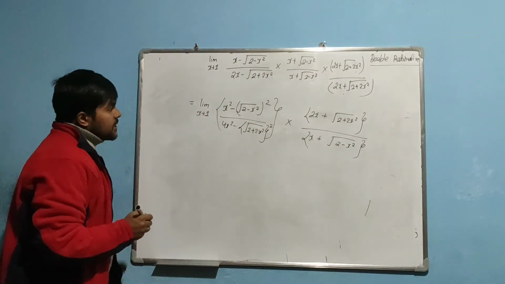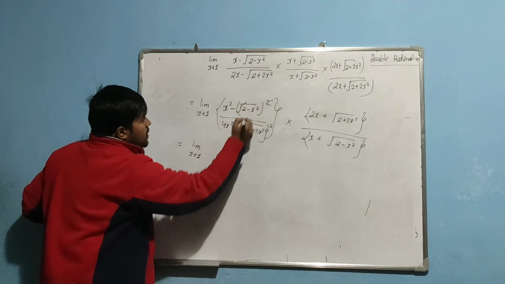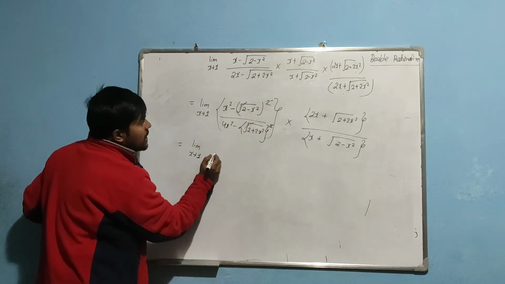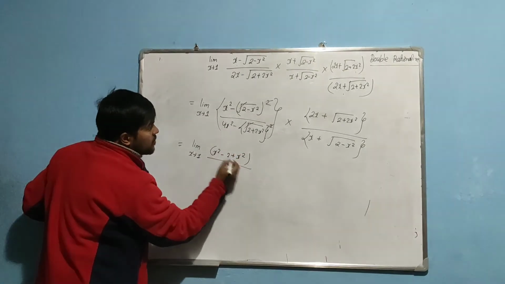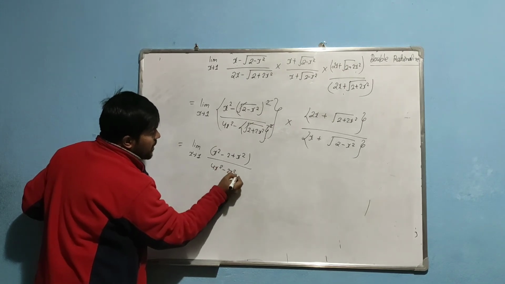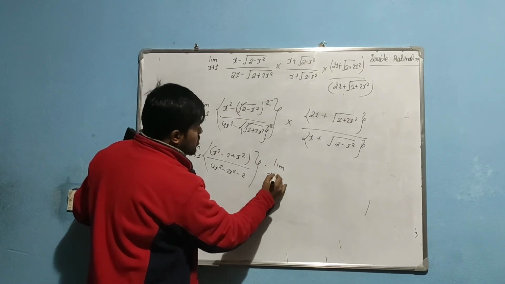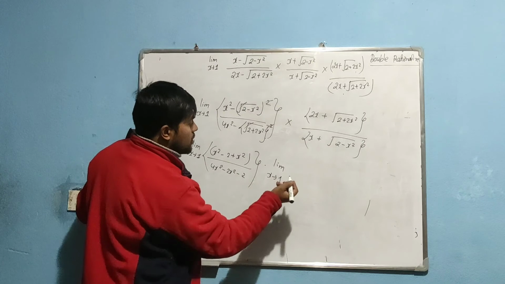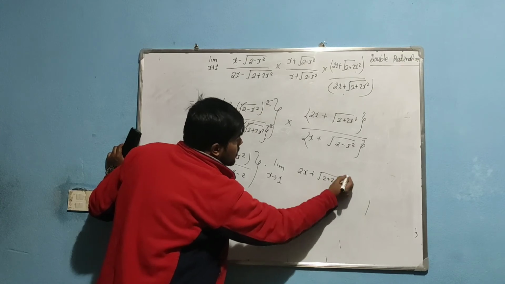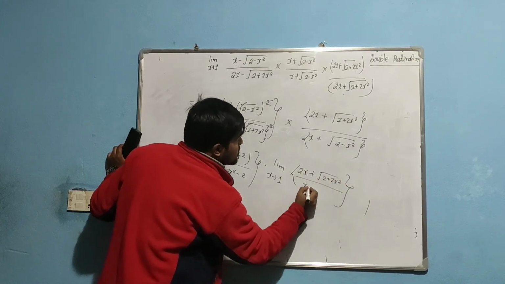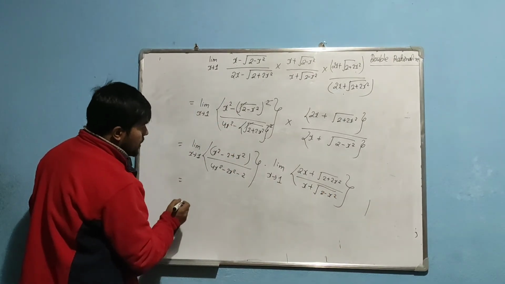So let us see here. अब यहाँ हेर्नुभयो भने limit as x tends to 1, the above result is, okay, x square minus 2 plus x square. So the result is x square minus 2 plus x square divided by 4x square minus 2x square minus 2, into limit as x tends to 1 किनभने यसले 0 by 0 गरिरहेको छैन. So we are segregating this thing. So 2x plus under root of 2 plus 2x square divided by x plus under root of 2 minus x square. So अब यहाँबाट हेर्नुहुन्छ भने the result above is